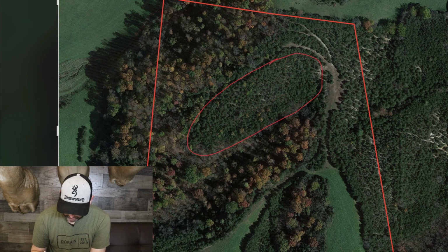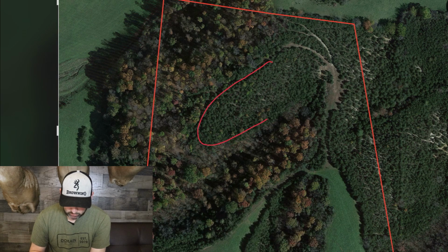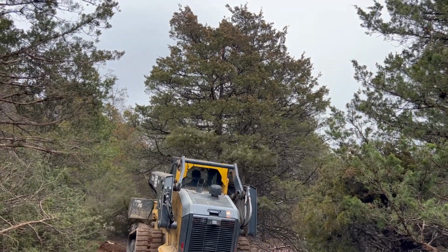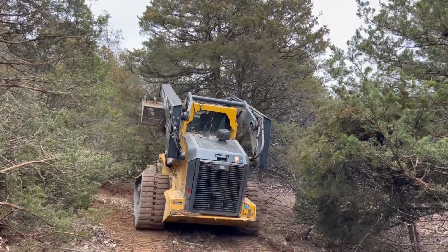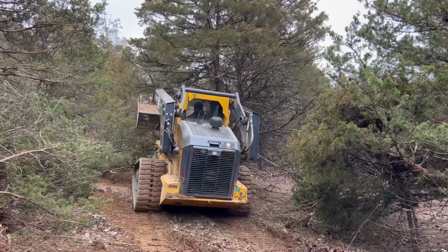Now typically in cedar thickets you don't have a lot of food. In this cedar thicket there was zero food on the ground level, and one of the issues with this property was it was lacking food. So we had to get more food in there. But the way the rest of the property is set up, I wanted to create the cedar area into more